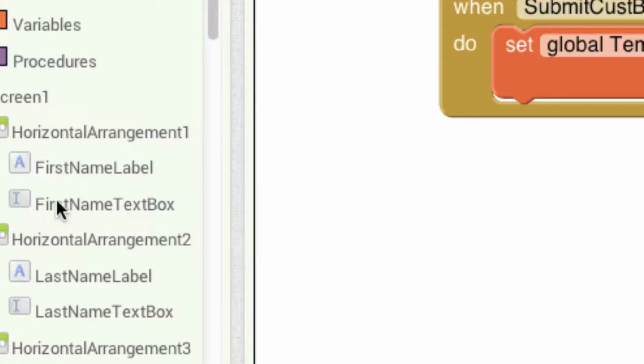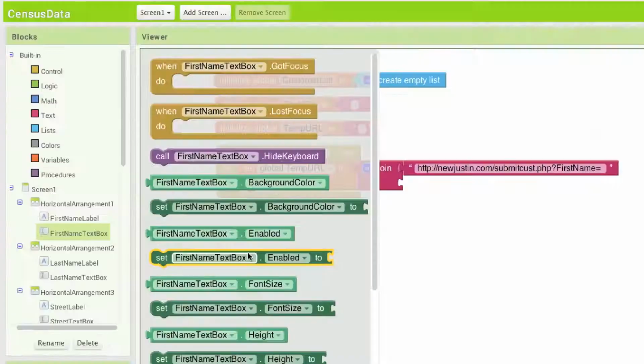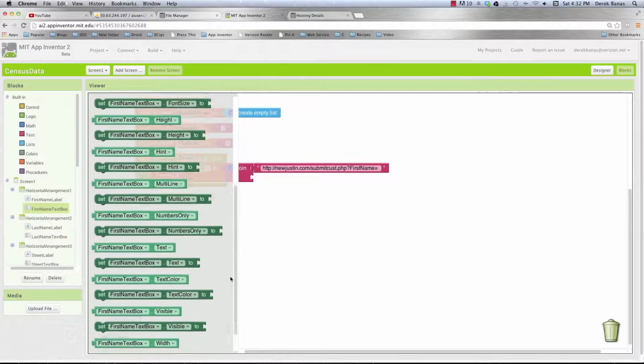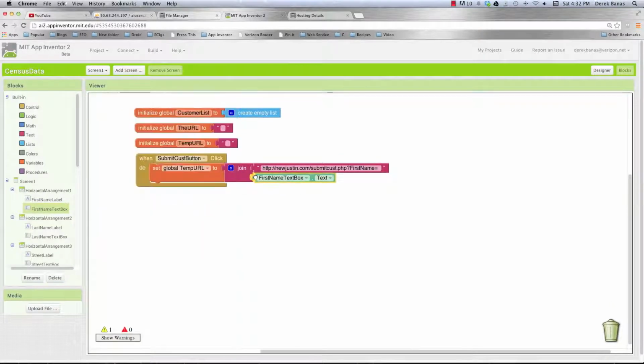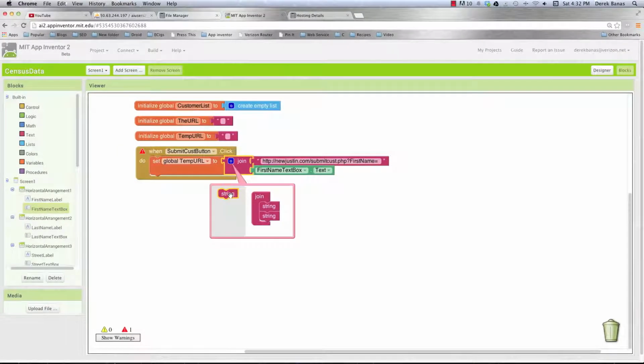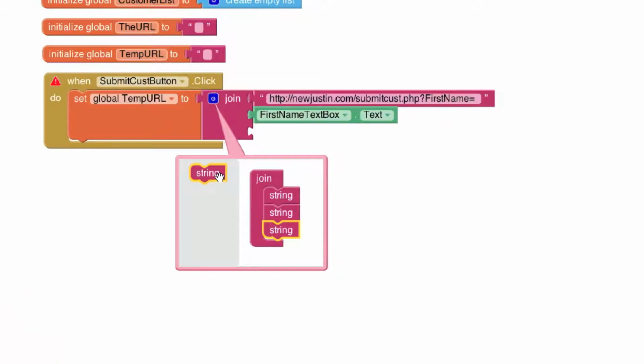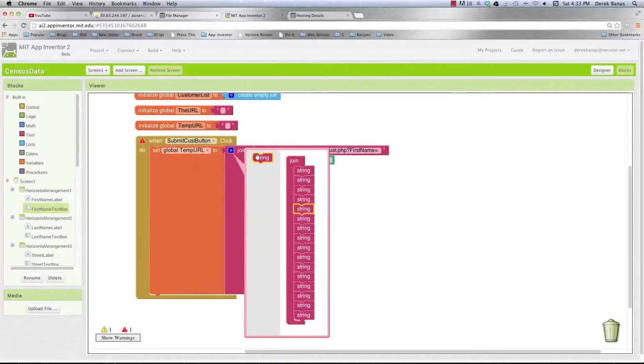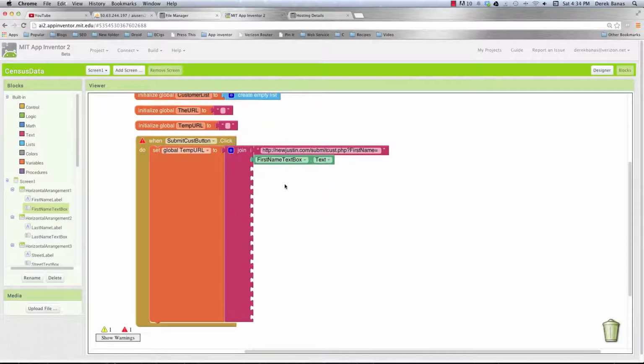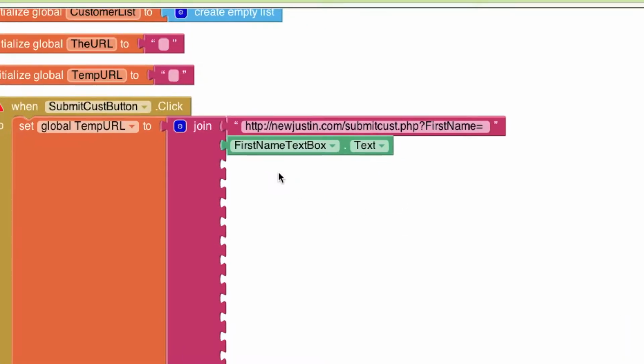And we're going to get that first name information from our text box. So come in here and we'll get the text out of the text box, which is right here, and drop it right there. And there you can see everything. We need a ton more joins. We're going to need 16 of them since we have 8 data points inside of here. So that's 14, 15, 16, or at least I think that's right. All right, so those are every one of the things that we need. Then what we're going to need to do